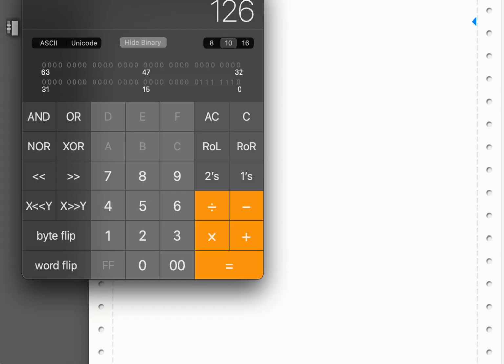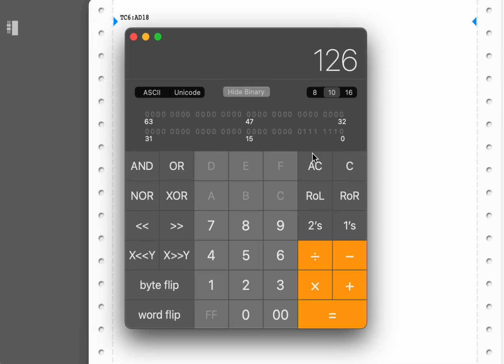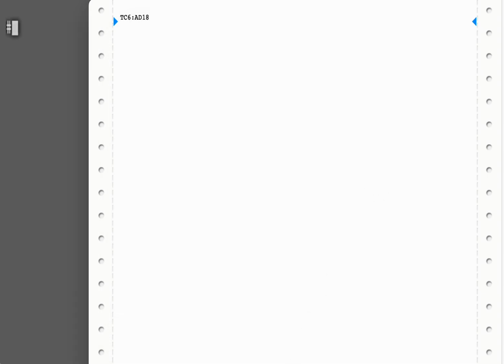And C6, if we pull up the calculator, all right, so C6 is 198, which is more than 126. So that should never happen. So I went back and looked carefully at the code that was creating the hash value to see what's going on there, because it's creating a hash value which is not allowed. It's outside the symbol table. So if we go in there and look at this again,